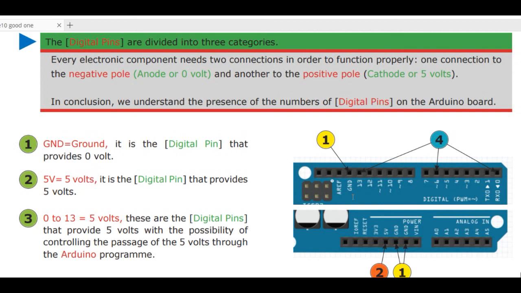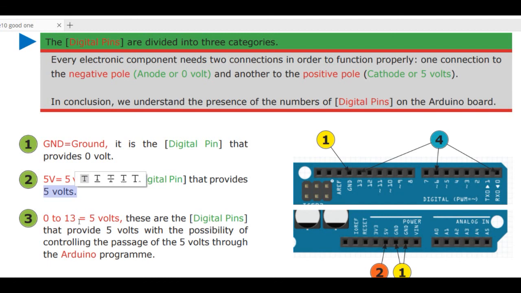So the question is why I have all those digital pins, since I use them in order to build complex circuits and so on. The GND pin stands for the ground. It is the digital pin that provides 0 volt. The 5V pin is the digital pin that provides 5 volts. Then the digital pins 0 to 13